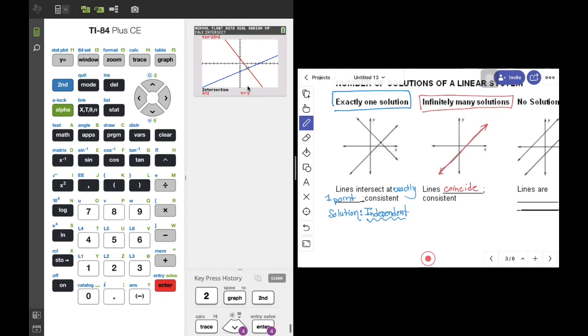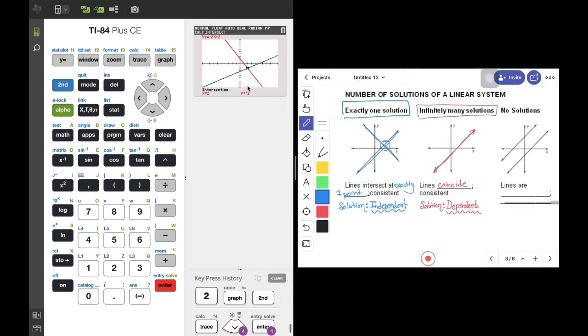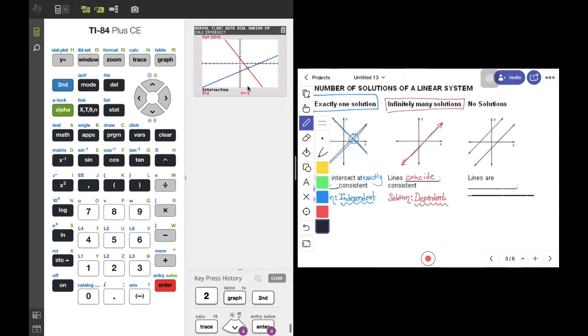However, when we go to classify the solution, because one outcome affects the other outcome, which affects the other outcome, the solutions themselves are what we call dependent. That's a dependent solution. So we have cases where we'll have just one point of intersection, like we did here. So this is our consistent system with an independent solution. We have the case here where we have many solutions, where one line lands right smack on top of the other. And then last but not least, we'll have the case where we have no solution, in which case our